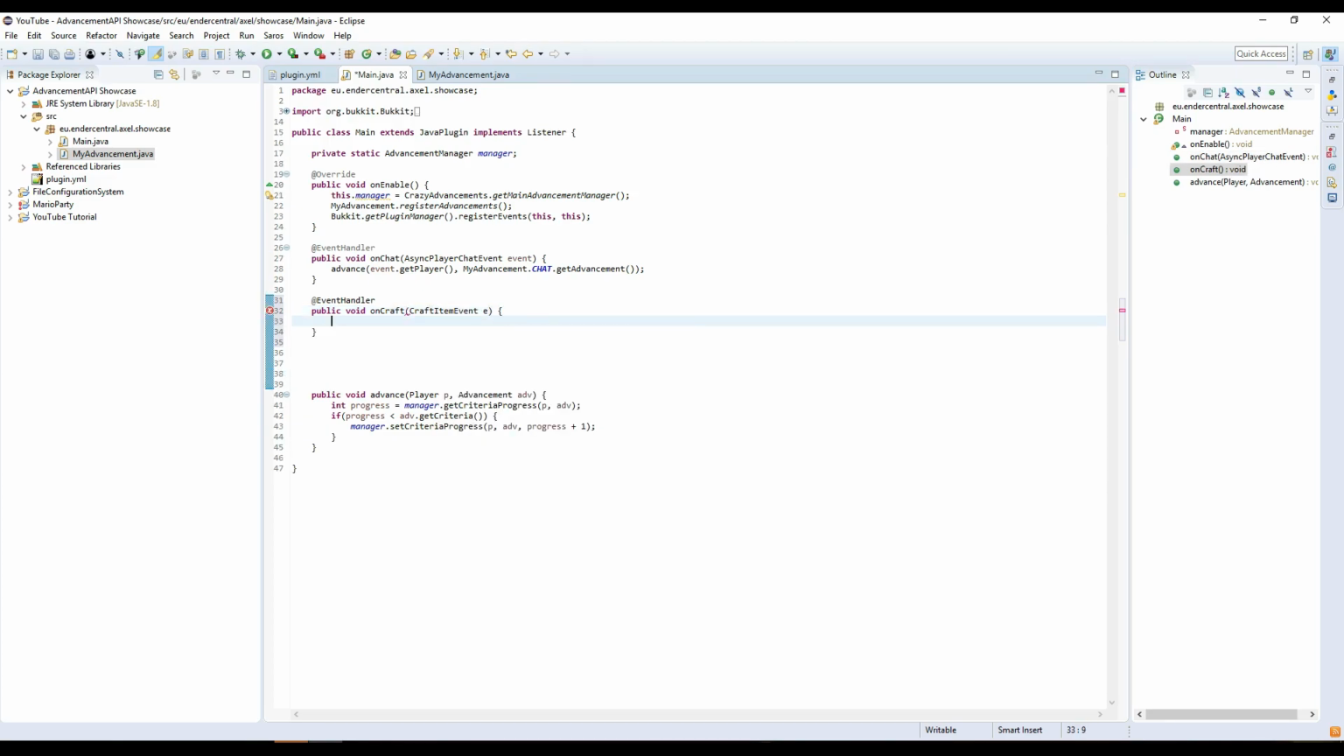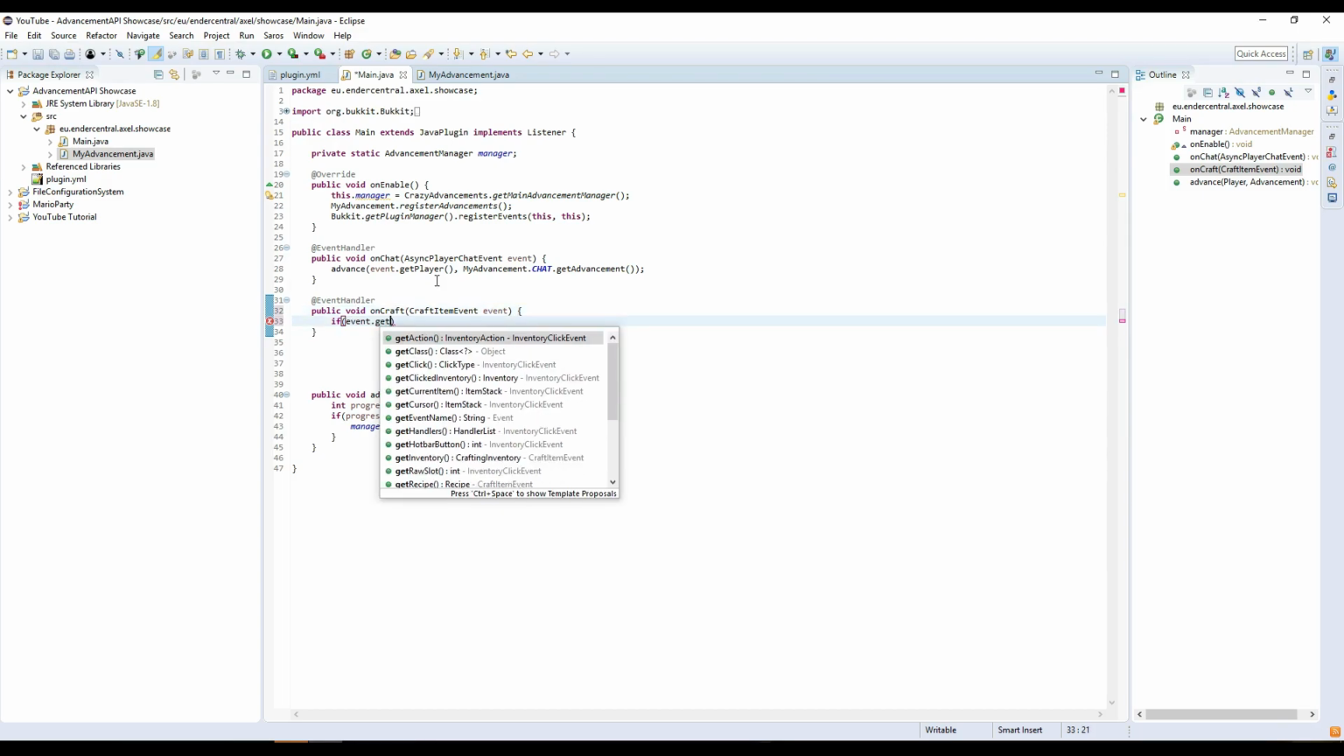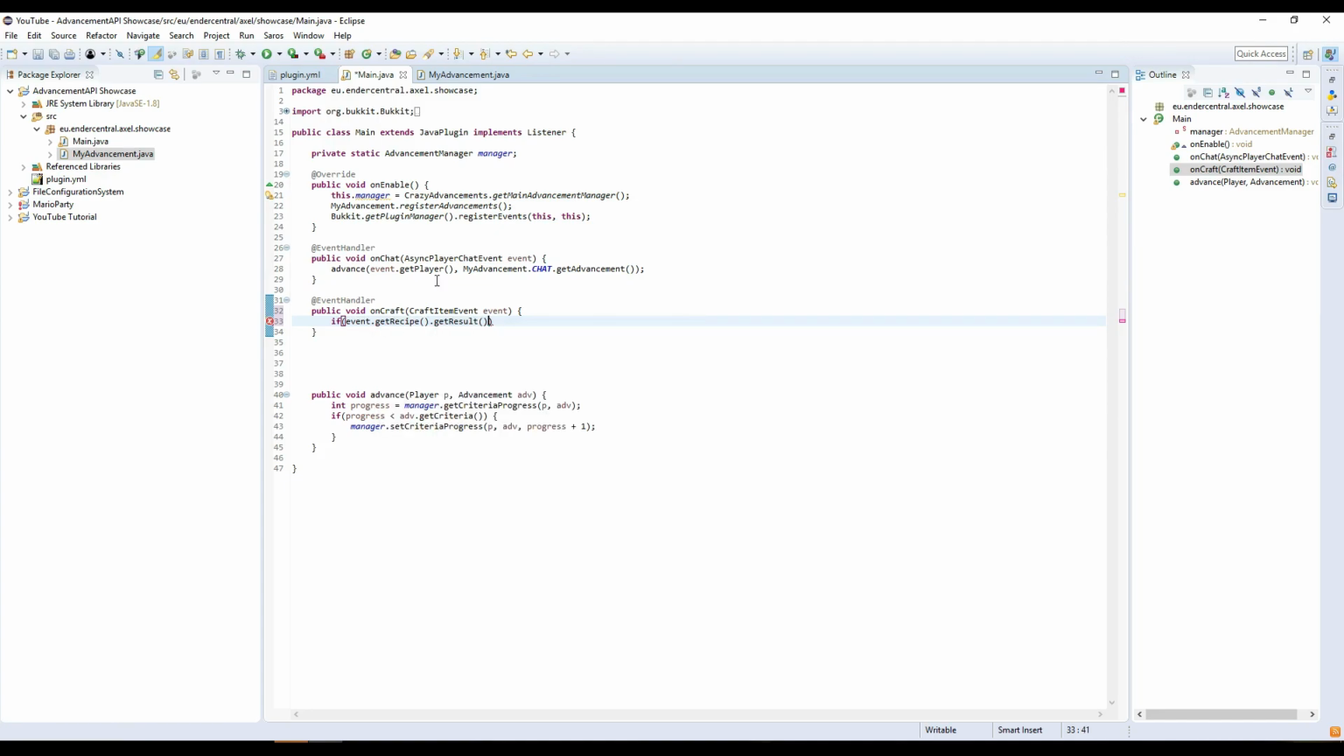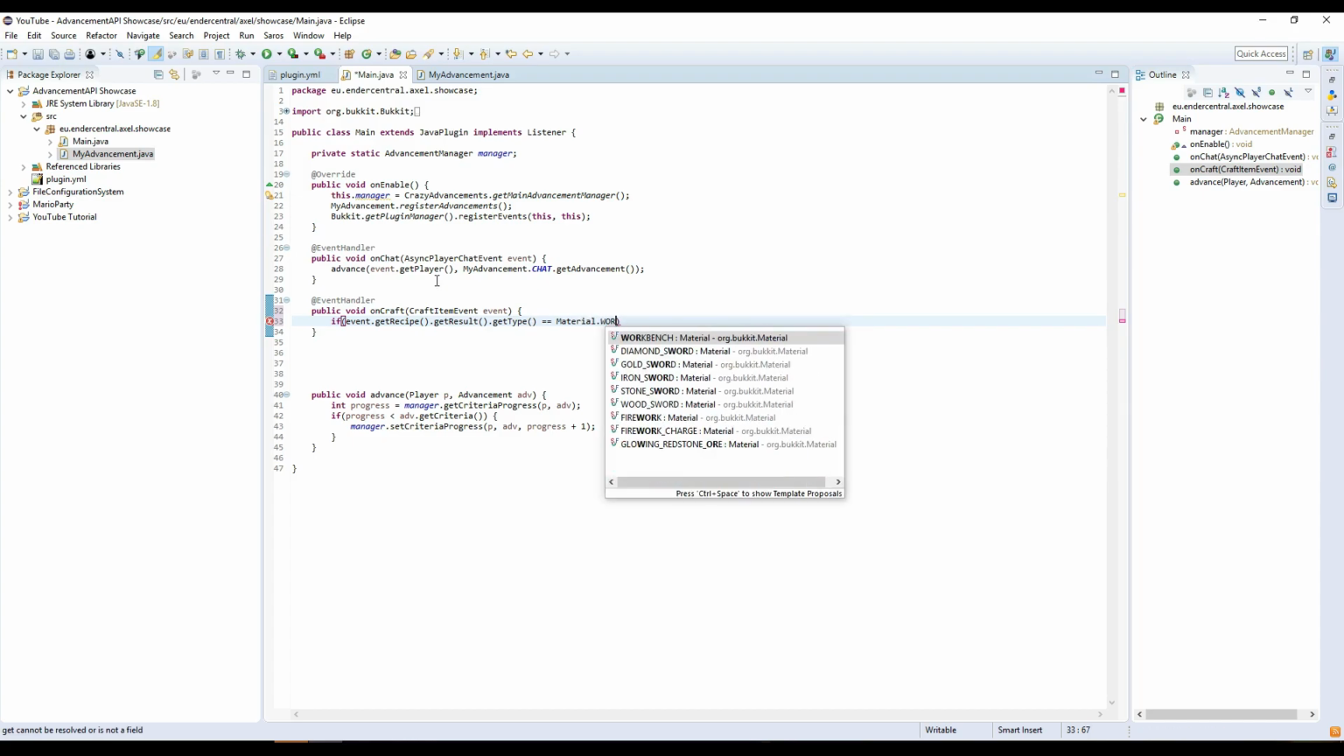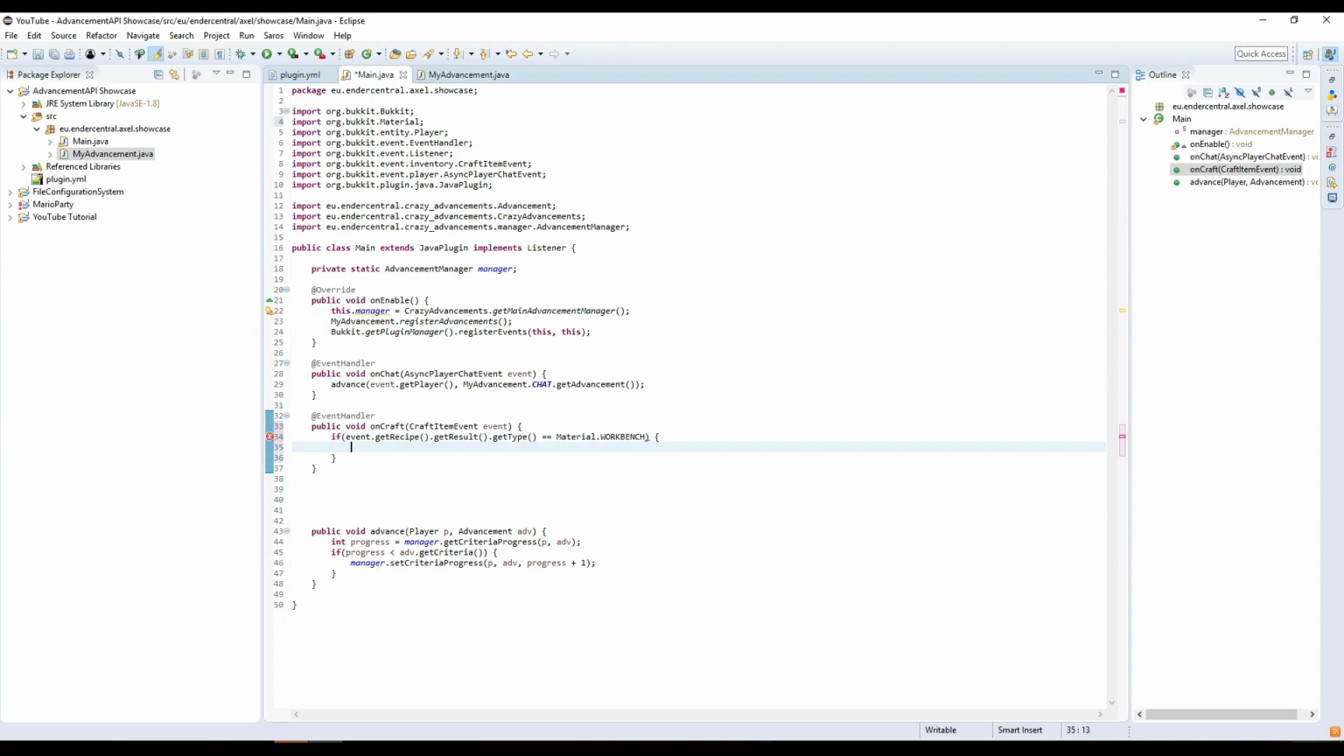Event, and I will check if event.get recipe.get result.get type equals Material.CRAFTING_TABLE. So only if you craft this workbench, we're gonna advance him,